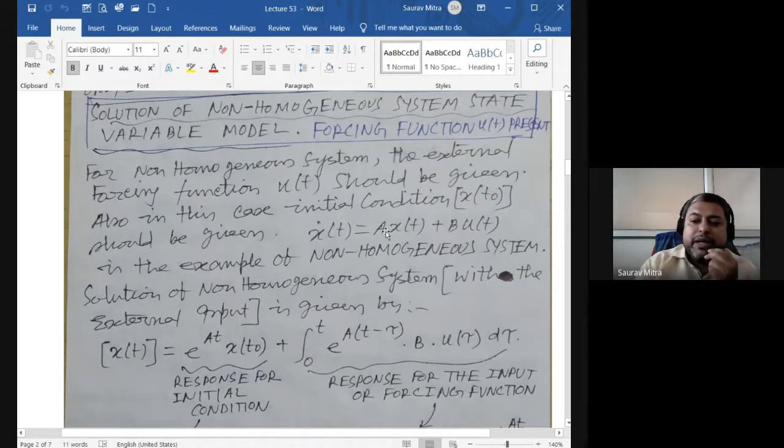And actually q and x are all just symbols. The actual state variables in a circuit are different: some current, some voltage, some force, power, something like that. So x1, x2, q1, q2 are nothing but representing symbols. In an actual circuit you have to work in terms of current, voltage, force, power. And this u(t) can be impulse, unit step, ramp, parabolic, sinusoidal, anything.